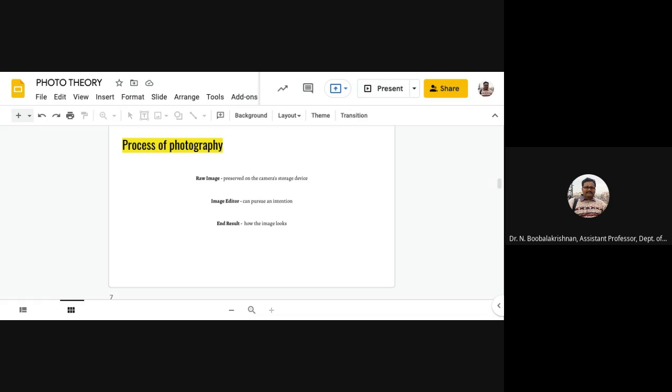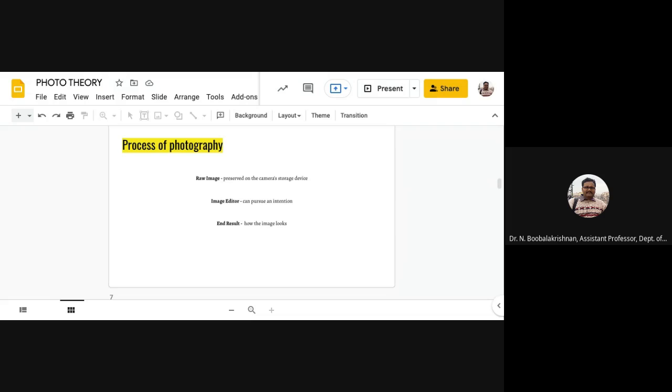So in digital photography, the characteristics of the sensor, such as range of contrast, noise performance, and blooming, influence the resulting image. Here, not only the content and form influence the end result of an image, but also some technicalities like the characteristics of the sensor, range of contrast, noise performance, because it is an electronic device.